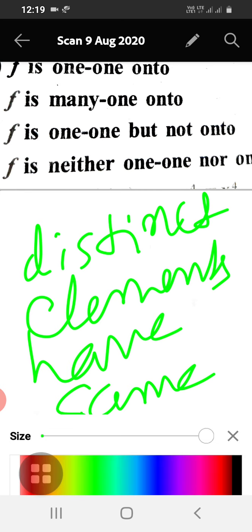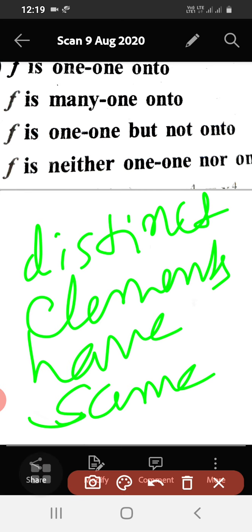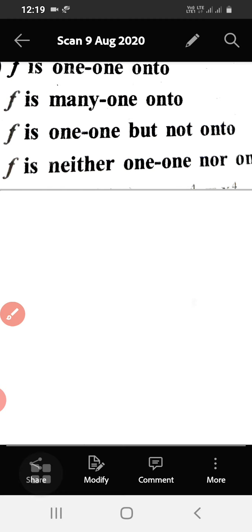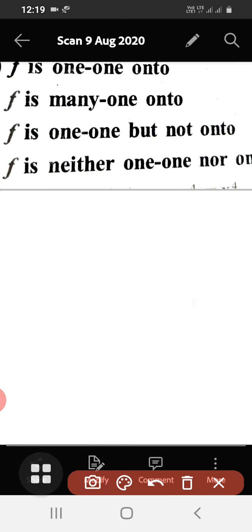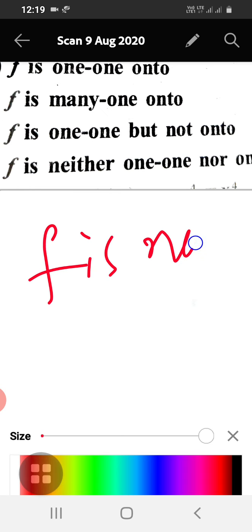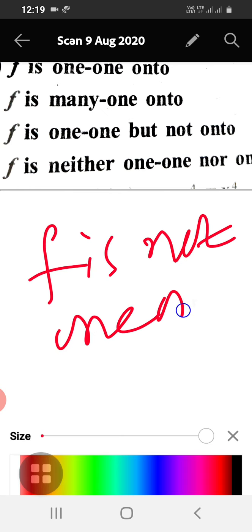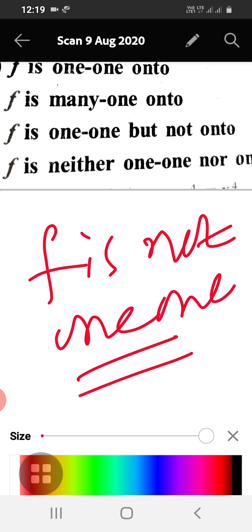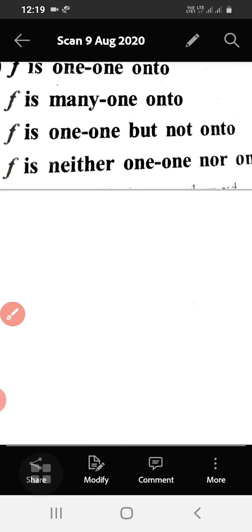Therefore f is not 1-1. So f is not injective, because distinct elements have same image, therefore it is not 1-1. So let us check for onto here.